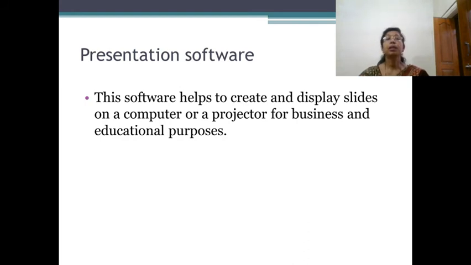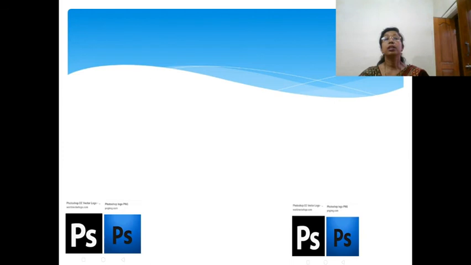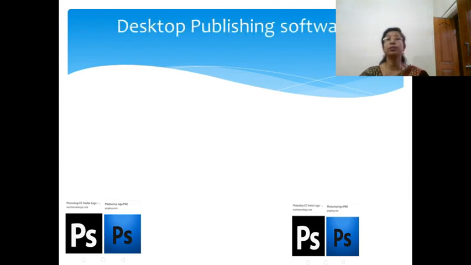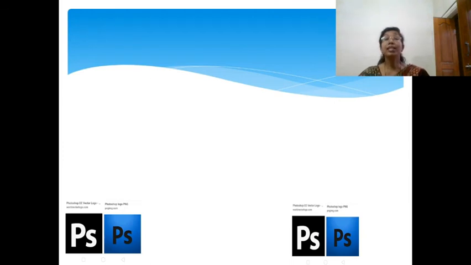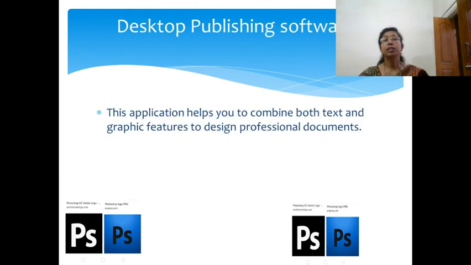Then we studied about desktop publishing software. This application helps you to combine both text and graphic features to make professional looking documents like printed forms, newsletters, magazines, advertisements, posters, etc.